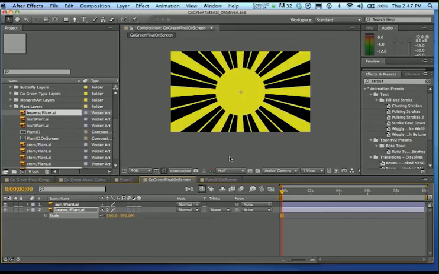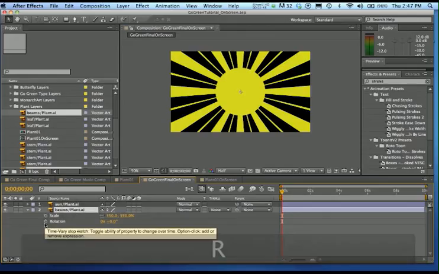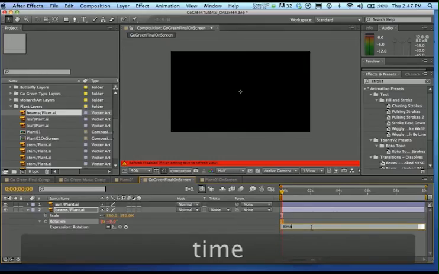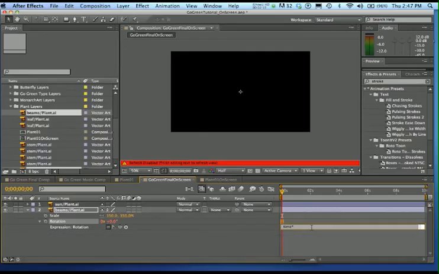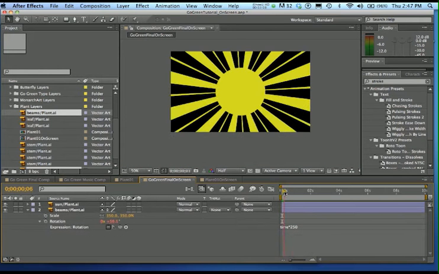With the beam layer selected, we are going to add an expression in the field that appears for rotation. So let me hit Shift R, and in the field that appears, let's Option click, and we are going to type lowercase time and an asterisk. And as Sean had done, I'm going to show you that you can experiment with this, okay? This is a multiplier that is going to multiply times whatever input you put in, and when I click away from this, it's going to show me that when I drag across,